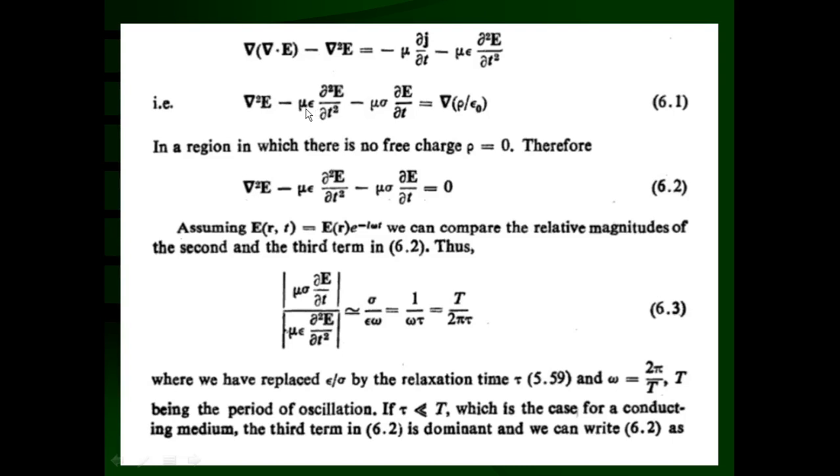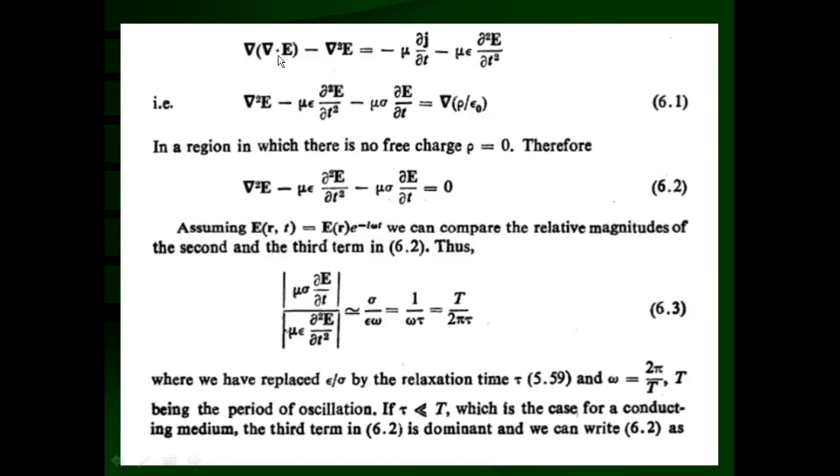So ∇²E, the second derivative with respect to the space coordinate, minus the second derivative of the electric field with respect to time, and this is the first order derivative of the electric field with respect to time. So ∇²E minus μϵ ∂²E/∂t² minus μσ ∂E/∂t